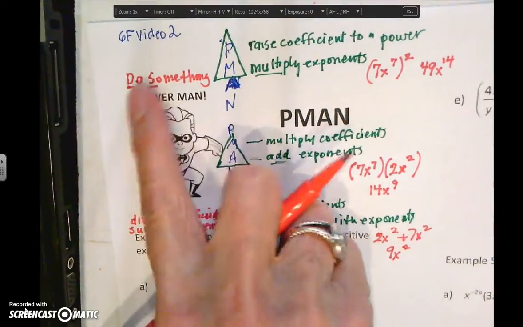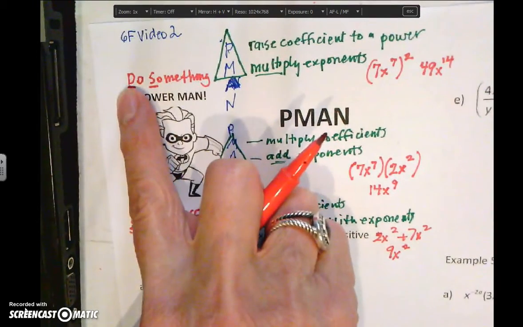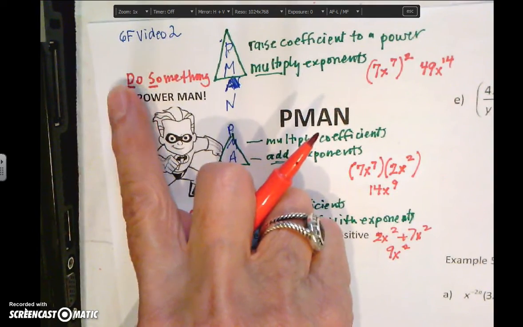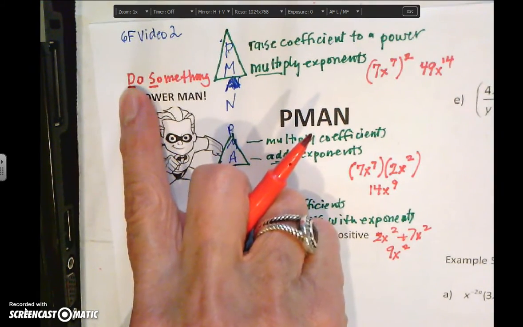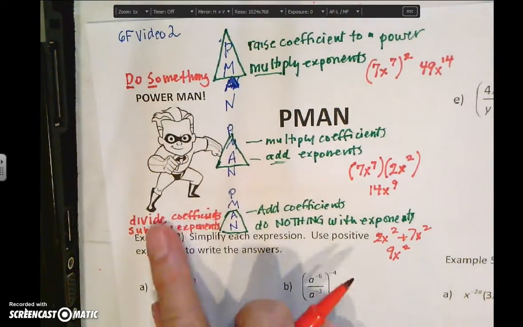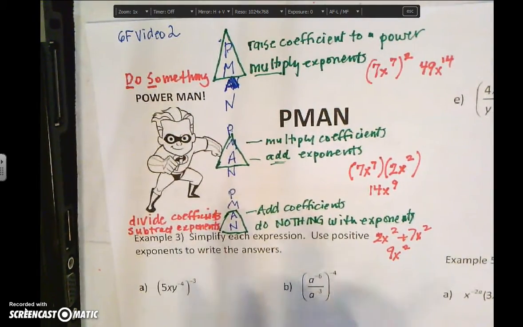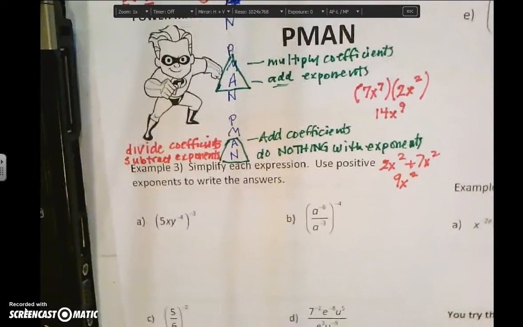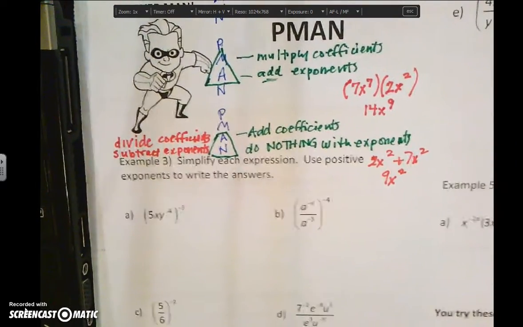Power Man, do something. And the D stands for when I'm doing division, I'm going to divide the coefficients, and then I'm going to subtract the exponents. So divide coefficients, subtract exponents. All right, so let's do some examples here. The first one I have is